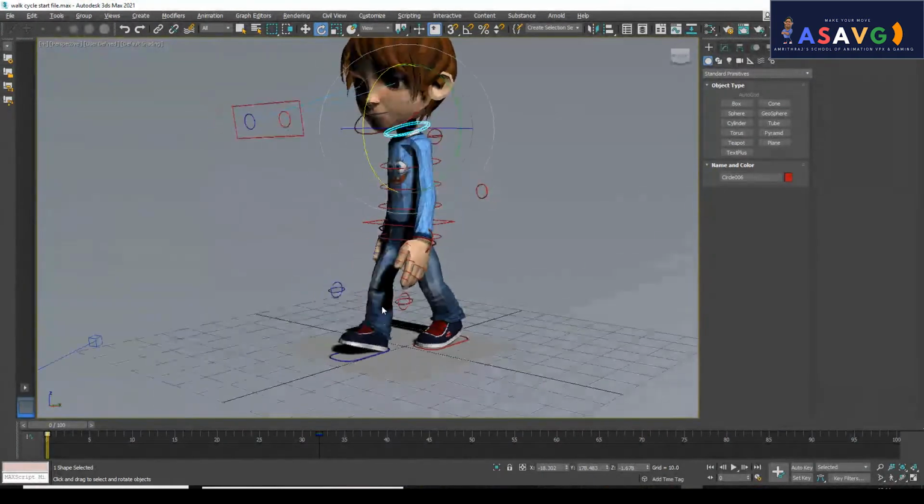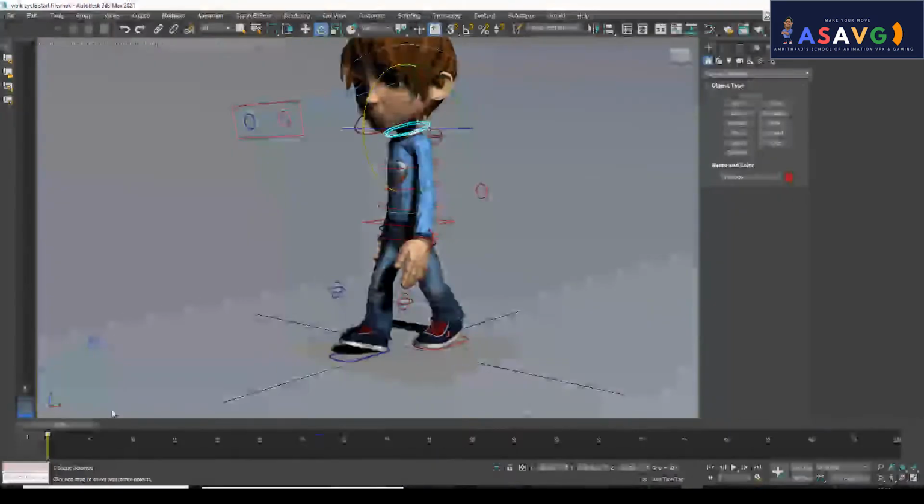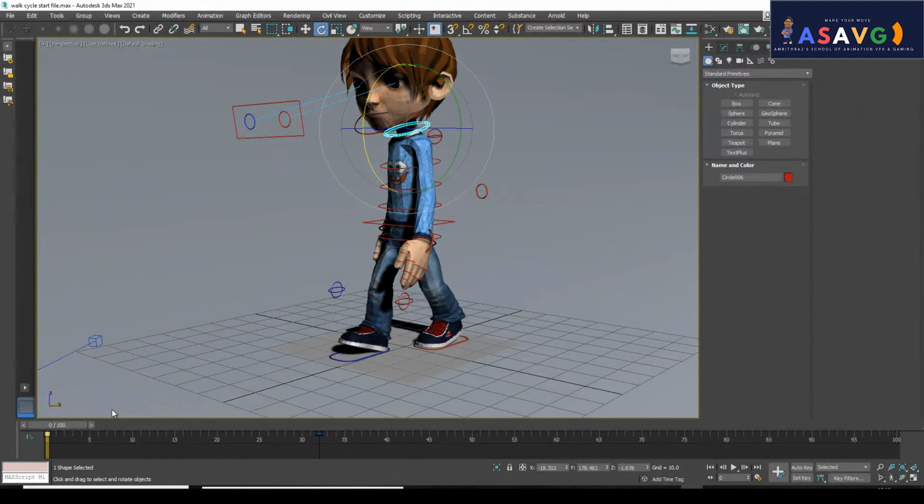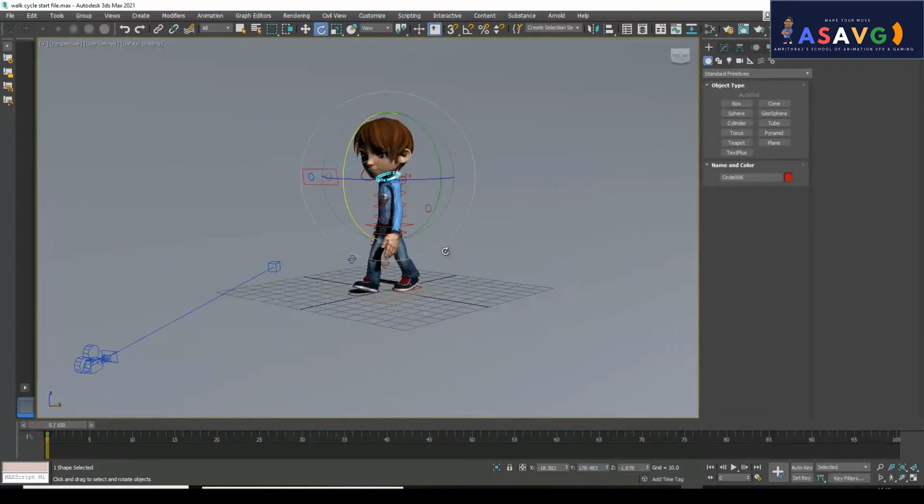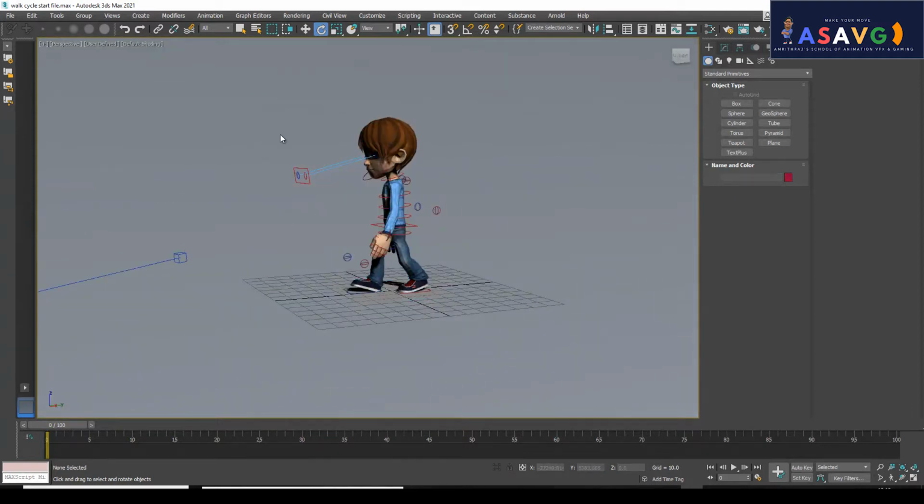So we are going to start. While doing a simple walk cycle animation, we use the first cycle as 24 frames and the second as 24 frames. So what will the complete frame count be? I will be taking not 24, I will be taking 20/40. After that I will be adjusting the keyframes. I am selecting the whole thing, all the controllers, no need for the camera. We can find the keyframes.